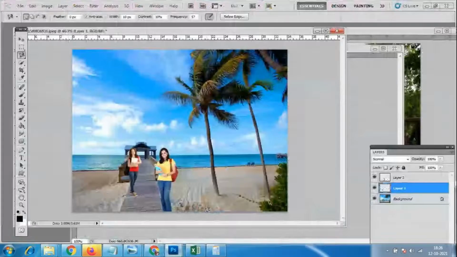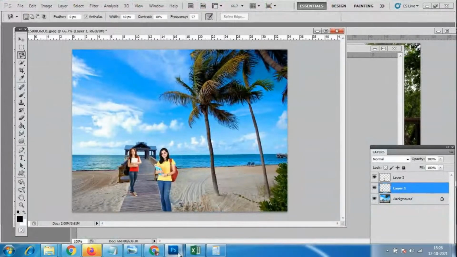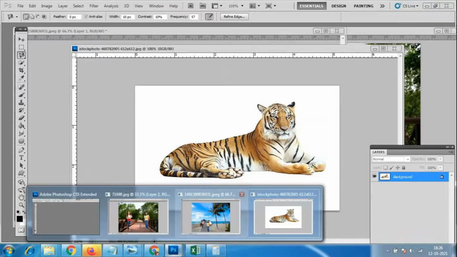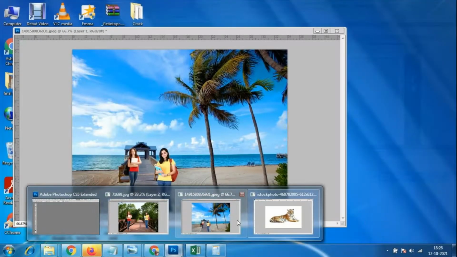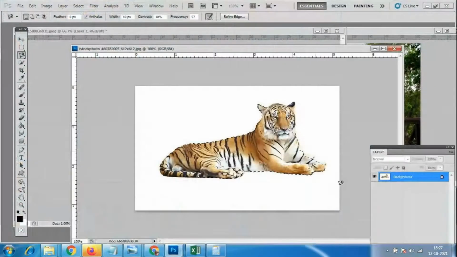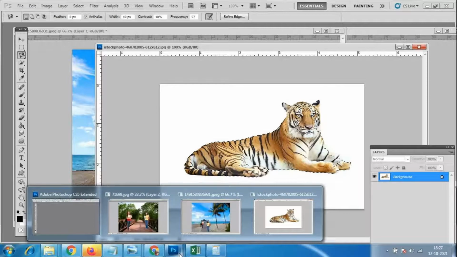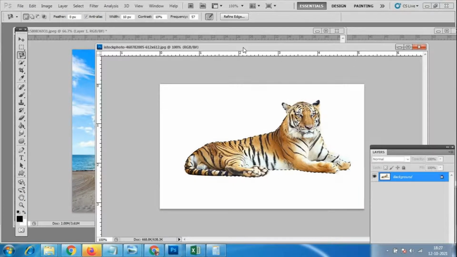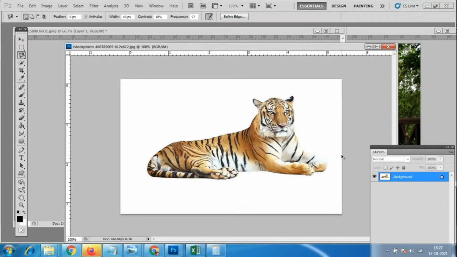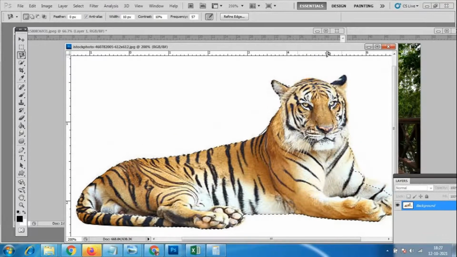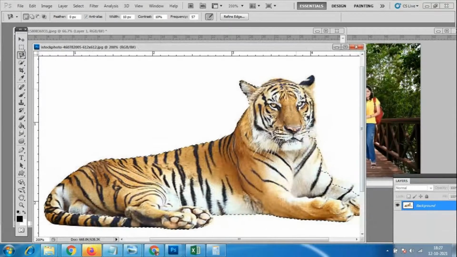Okay. Now, see here, many files are opened in Photoshop. So whatever the files which we hid over here, everything is visible when you take it to Photoshop, all the files are opened here. So now the situation is here. Some of the parts are missing. Look at here. This magnetic tool will not listen to us. It will go however it wants, wherever the colors are, it will go according to those.